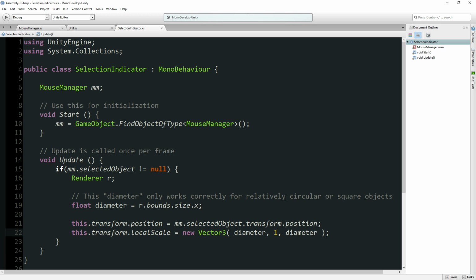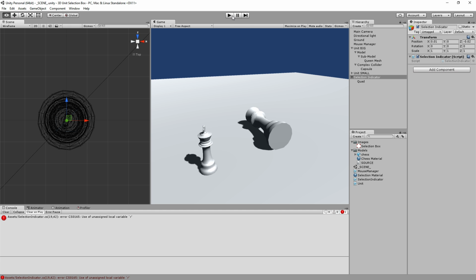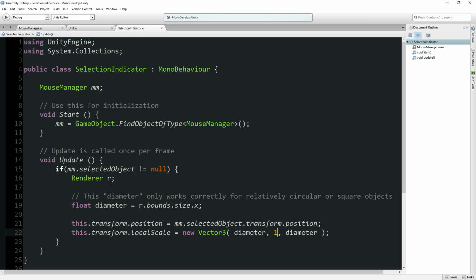Although, what if we weren't a flat image, our little selection box? What if we had a selection cube or selection cage? Stay tuned. We're going to get to that relatively soon. So let's say use of unassigned. Oh, yeah, we need to say, let's assume there's just one renderer to make this a little simpler. So we're going to say